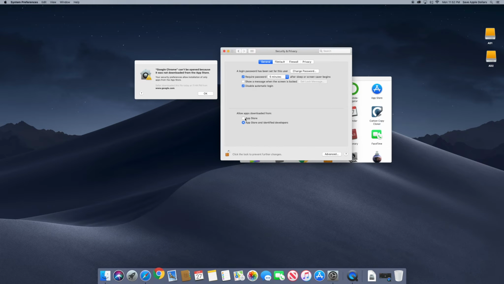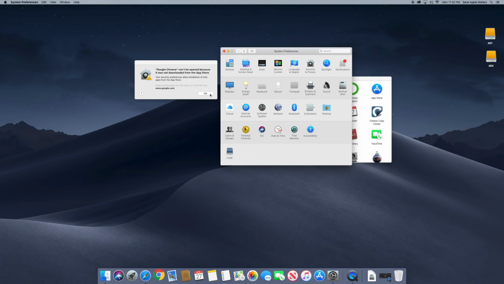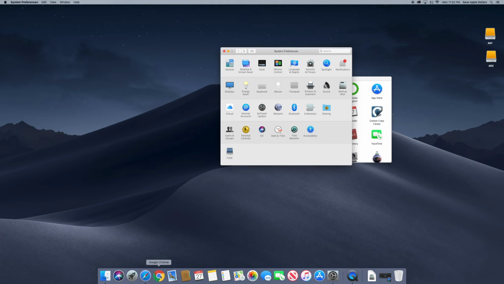So Apple just wants you to only install their apps, but they really have to give you an option to allow you to install other apps as well. So you just uncheck that there. And this is in Security and Privacy. Okay, so you lock that back up. Okay, click OK here. And now if you click Google Chrome,